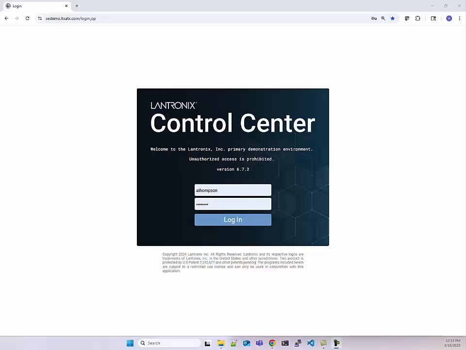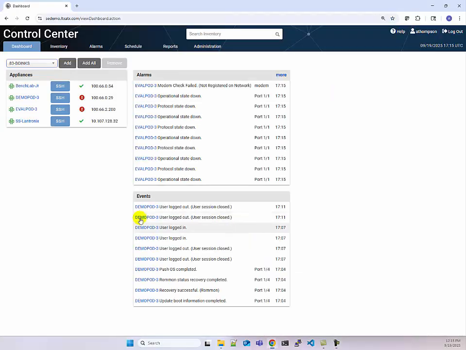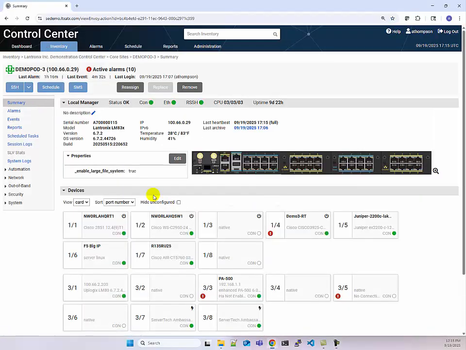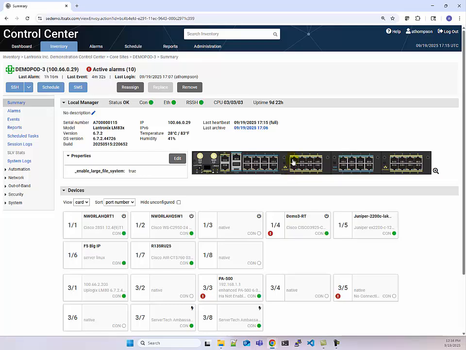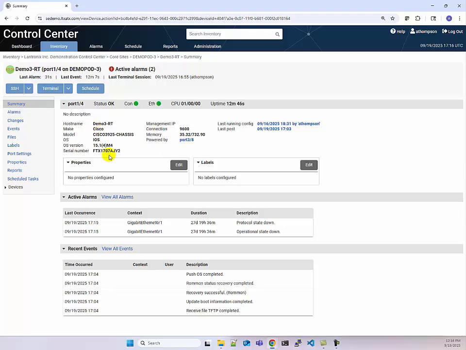Well, let me show you. First, let's log into our Lantronix Control Center. We're going to be working with this local manager today, which is one of our modular LM83Xs. This one has two of our dedicated Ethernet cards and one of our serial cards in there for a total of 16 serial and 16 Ethernet connections. And in this case, we're using these Ethernet connections to go directly to the network management port of these routers and switches, essentially replacing the management network. If instead of the dedicated Ethernet cards, you're using the management network, this works the same way. It's just going to go over that management switch.